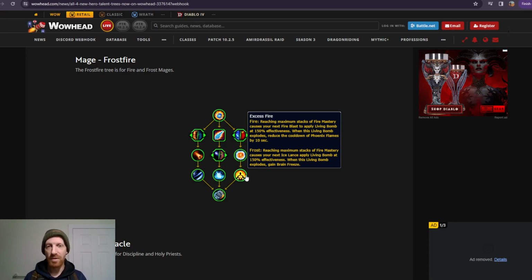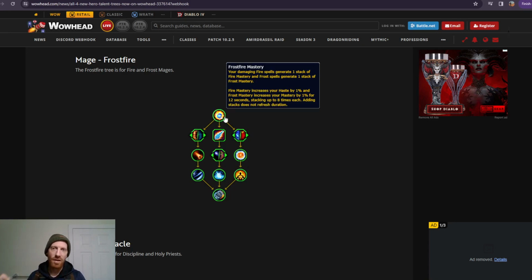When this Living Bomb explodes, reduce the cooldown of Phoenix Flames by 10 seconds. Really good stuff in my mind. I don't know if this will justify us going down the Fire Mage tree in Mythic Plus for more Living Bomb synergy or indexing into the AoE side, but the point for me is that every single cast that you are giving the mage that is bonus or on top or passive is going to be interacting with Frostfire Mastery,